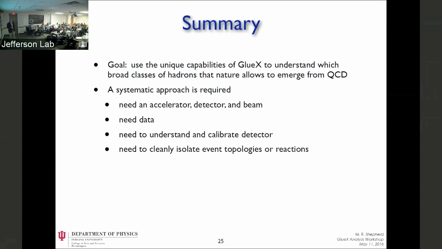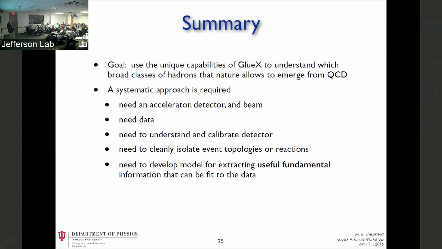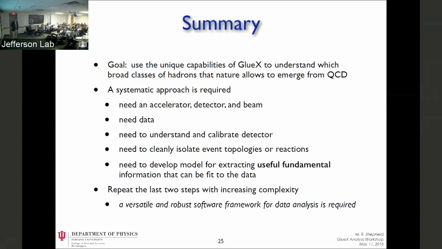And at the same time you're trying to do that, you want to understand how you can extract something fundamental and useful about it. So what sort of model do we have that can tell us something fundamental about what's going on there, that's going to later inform some other analysis that will ultimately lead to understanding the spectrum of mesons? And basically then we need to iterate this, right? So we start with something simple and make sure we understand it, and then just keep building on this with more and more complexity. And I think in all of this, having a robust software framework and this close collaboration between phenomenology and experiment is going to be critical to making this a success.